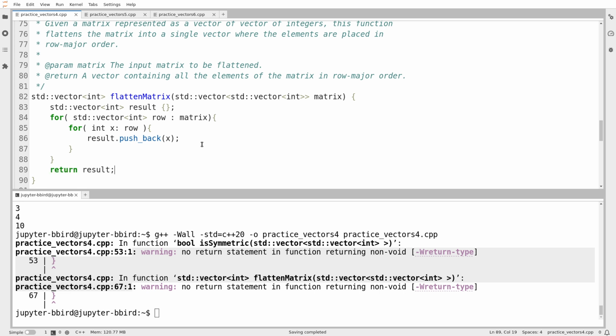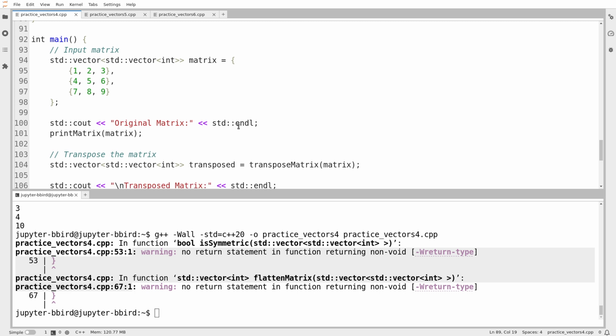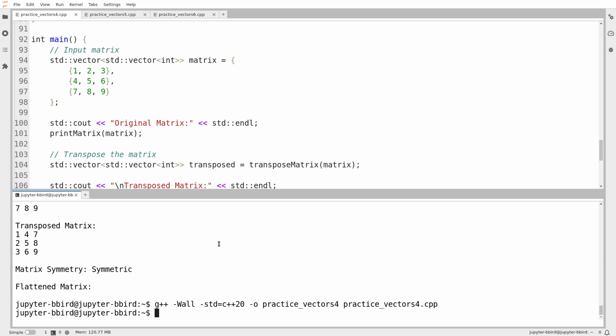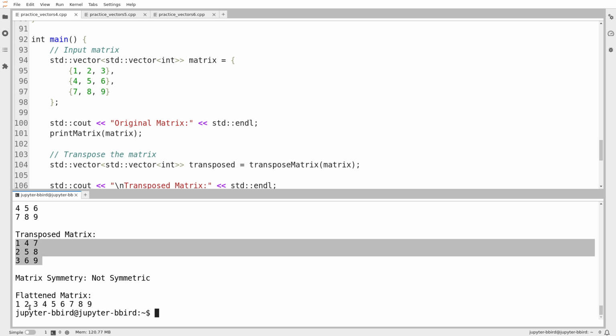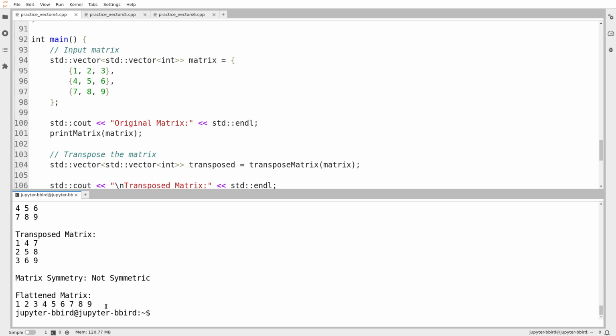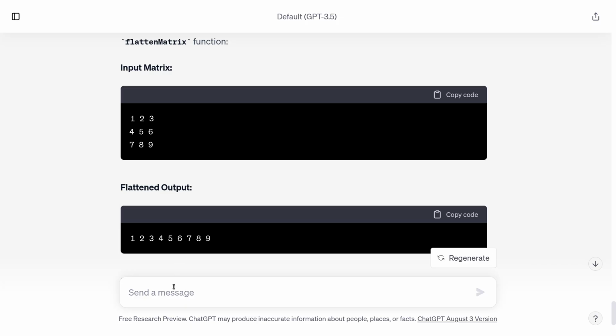Now, how do I test this stuff? Well, I could try running the code as it's currently written. That would work. Whoops, I compile it first. Okay, so this matrix is not symmetric, and the flattened matrix is what we expect it to be. Now, I could go in and try fiddling around and making up symmetric matrices and whatever, but that's going to take a long time. I know what I have to do, so why don't I ask ChatGPT to do it